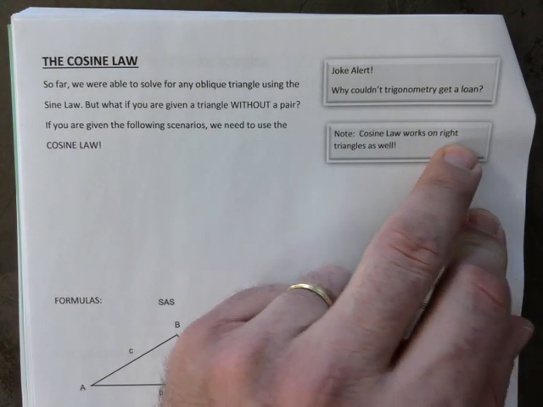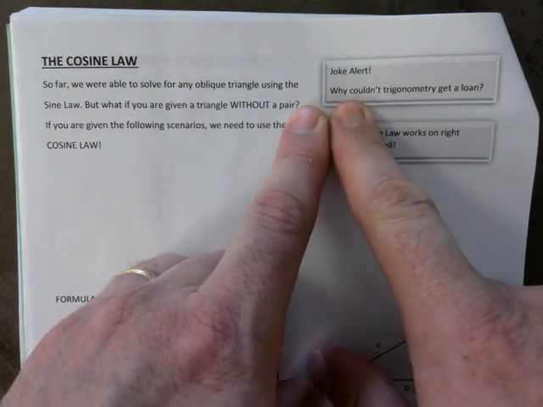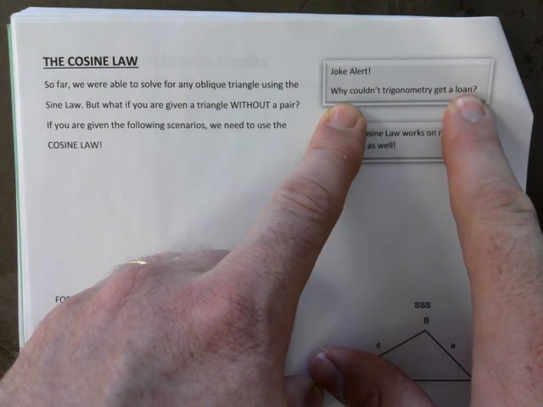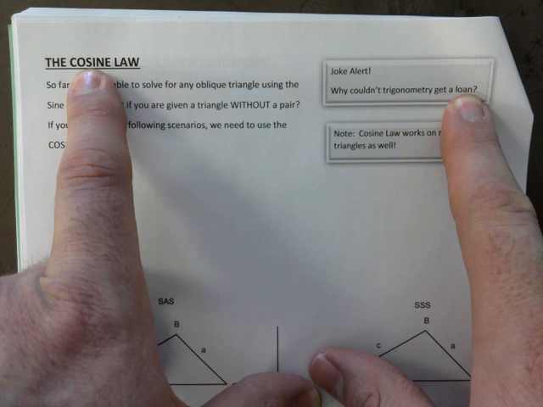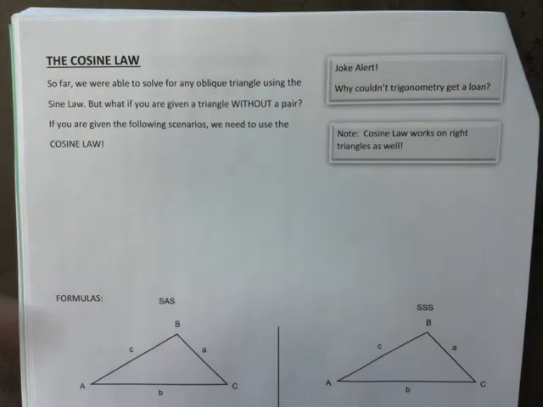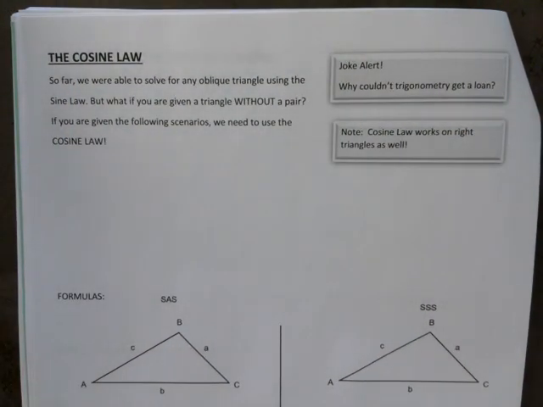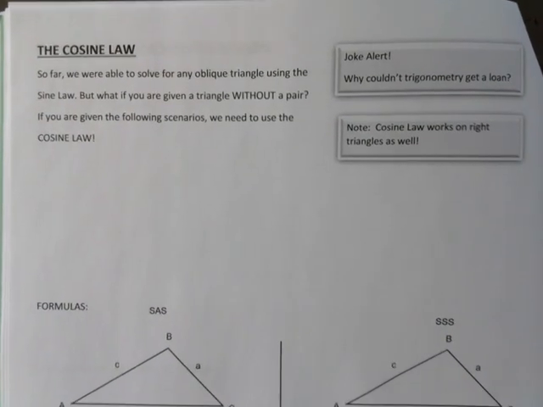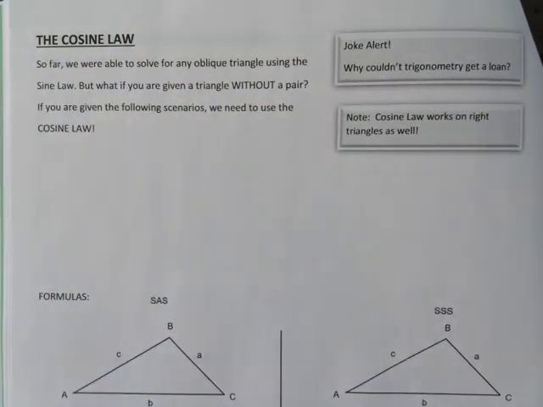Oh, there's that joke alert. I couldn't help it. I had to insert that. Why couldn't trigonometry get a loan? Because he had nobody to cosine. It's funny, guys. Come on. You know it. Anyways,